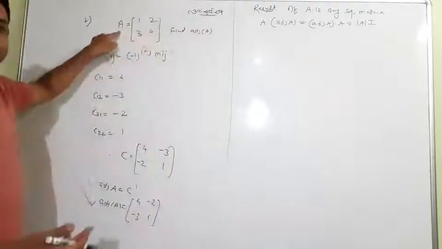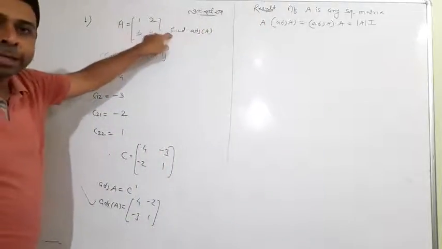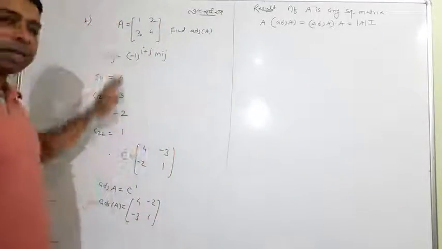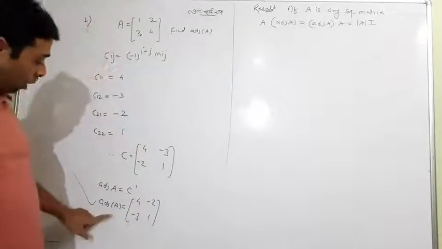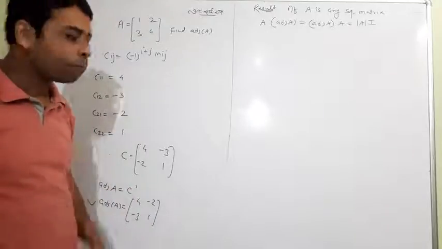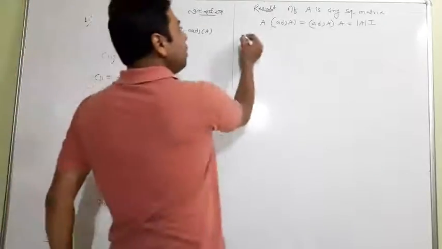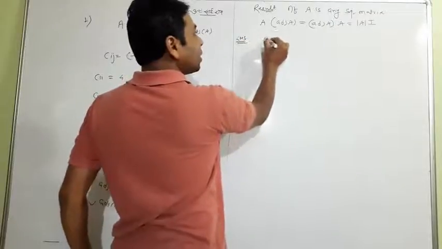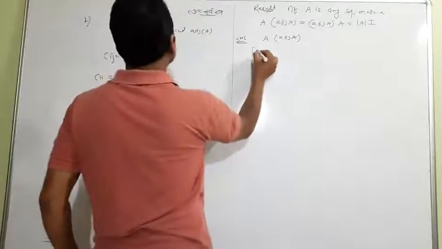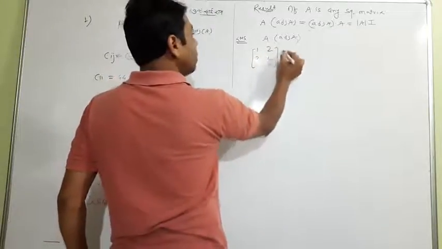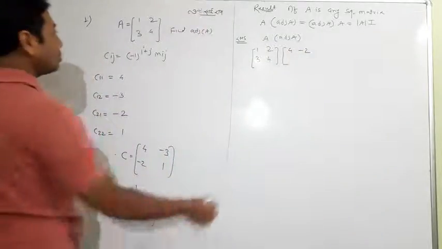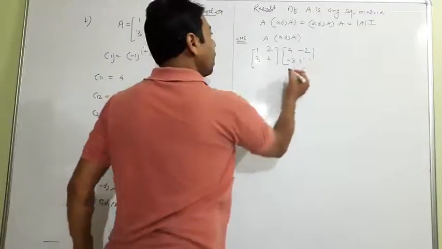What is A? A 2 by 2 square matrix. Meaning, whatever is written, it should be true for this particular A. You have A, you got adjoint A, so you have everything. Now, can we verify that with A and adjoint A? Yes. We will take the LHS. What is the LHS? A into adjoint A. Put in the values, guys. A is 1, 2, 3, 4. What is adjoint A? We got 4, -2 and -3 and 1, and multiply them.